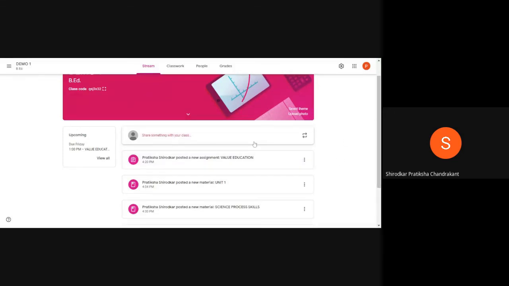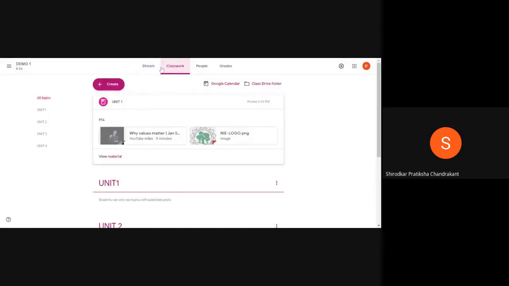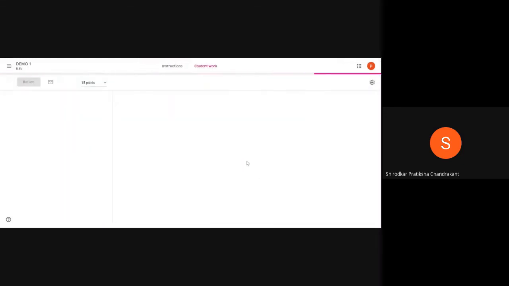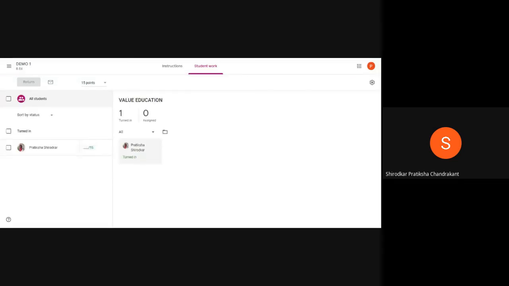Here, I know that one student has already submitted an assignment. By default, one mail will go to your personal mail ID using which you have created this Google Classroom. So you'll get a notification in your email. Okay, so you get a notification, so you know that one student has already. So you need to go to that Google Classroom app and open and check whether the student have turned in the assignment or not. Okay, so I just click on the value education tab or this particular option. Okay, since one student has turned in, I can see this particular screen here. Okay, so for that particular assignment, so what have I done?